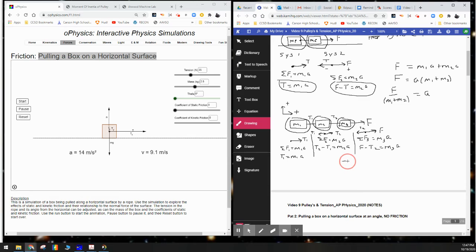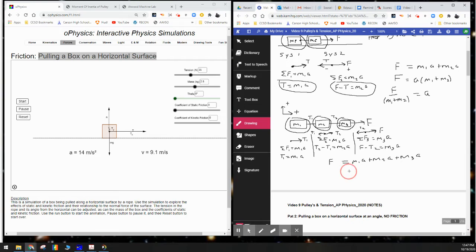All right. So now let's look at the equation here. Let's look at the left side. Here's T1 minus T1. They cancel out. Here's T2 minus T2. They cancel out. So the only thing left is just F. And then we have the right side: M1A plus M2A plus M3A. Okay, so if I factor out the A and then divide by the sum of M1, M2, and M3,